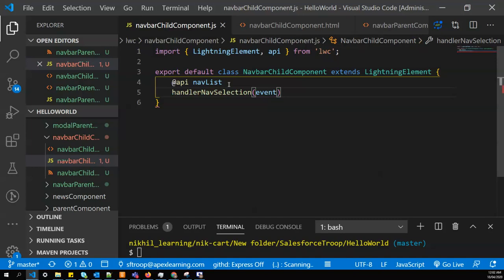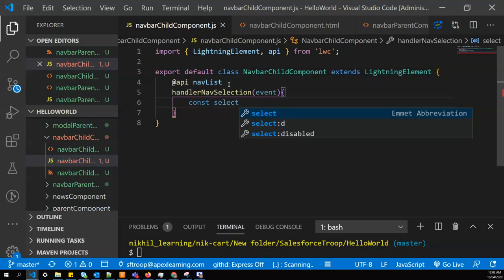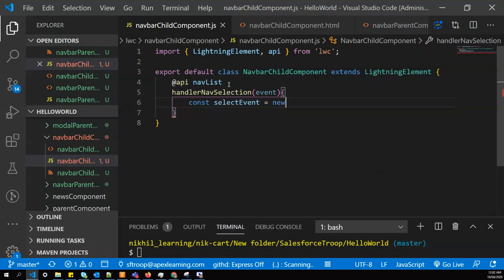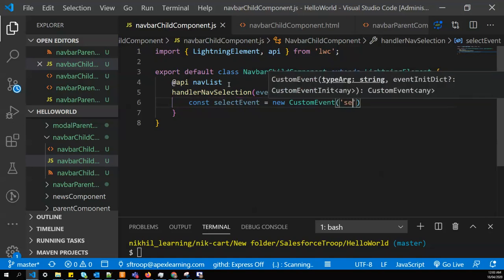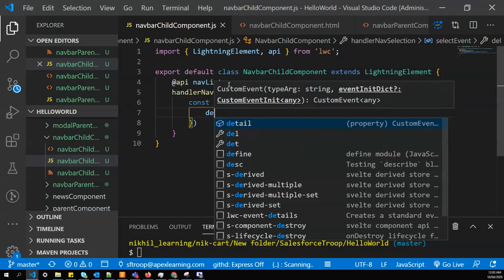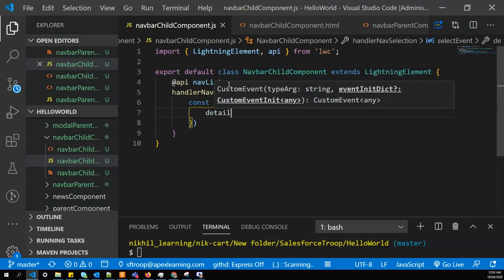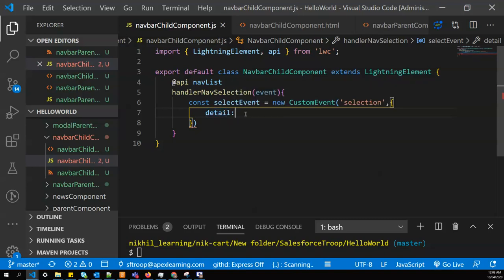So we'll go with event, and we'll say const select event equal to new, we are creating now a custom event, and I am giving the event name selection, and there is a property called detail. If you want to pass the data, data should always be assigned to this property.